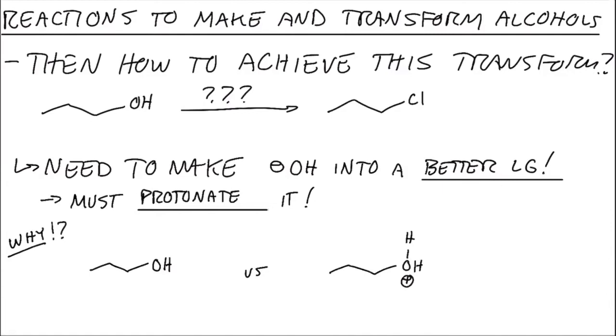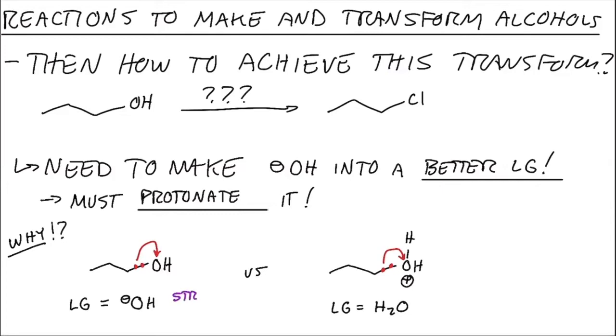If we compare these two options, let's think about what the leaving group is in either case. In this case, if we're just taking this alcohol and we want to get rid of this, the leaving group would be OH with a negative charge, right? Because remember that every time a leaving group is leaving, it has to take those 2 electrons with it. Same is true over here. But in this case, that's got that extra proton on it. So the leaving group in this situation is H2O, right? So if we compare these strengths,